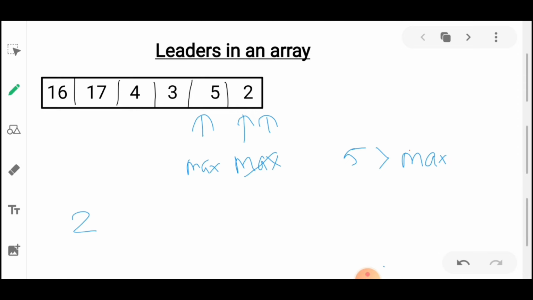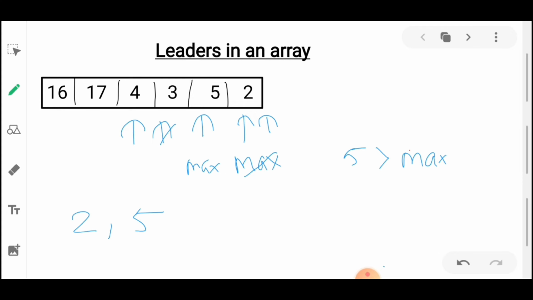Then we'll print it because it's greater than max. So this is our leader. Then we'll come to 3 and check if 3 is greater than 5, our max, or not. In this case 3 is not greater than max, so we'll not do anything, we'll just move.